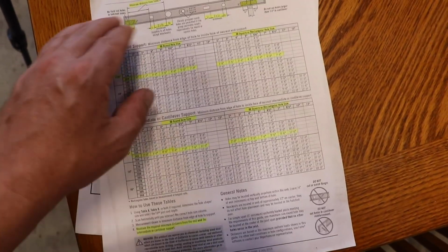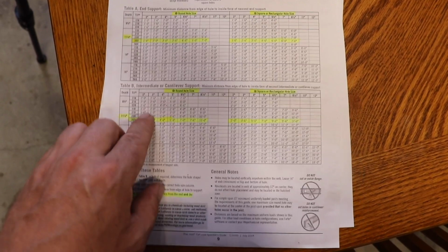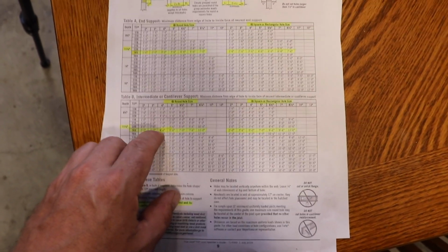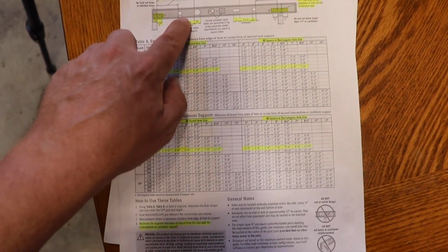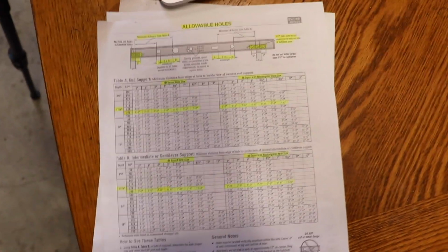There's a certain distance a hole has to be drilled from a support and then from an adjacent hole. And the bigger the hole, the farther from the support and the farther from the adjacent hole. In residential light construction, the biggest hole you probably need to drill is about 1 inch. Okay, maybe 2. There just isn't really a lot of big holes in electrical. I'm not worried about the electrical holes though. I'm worried about plumbing